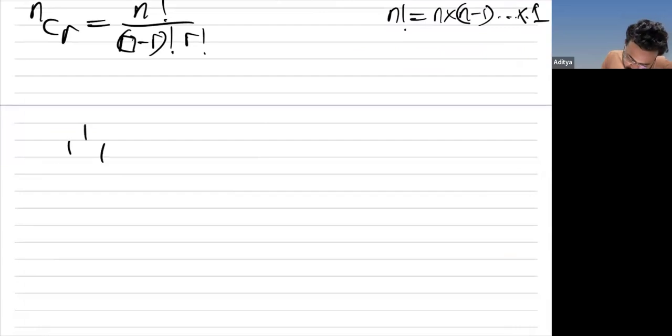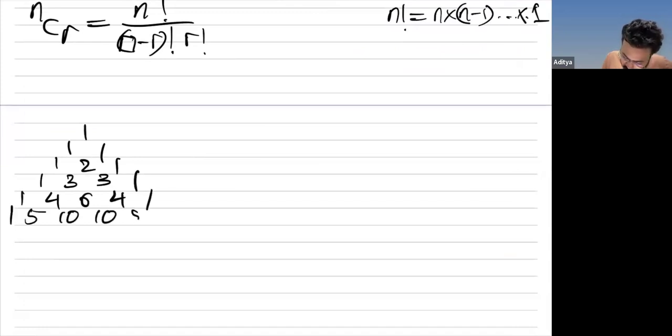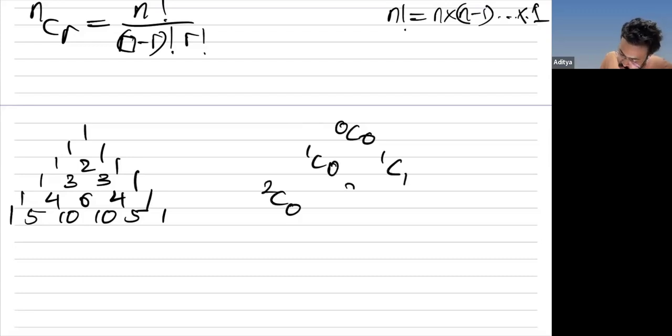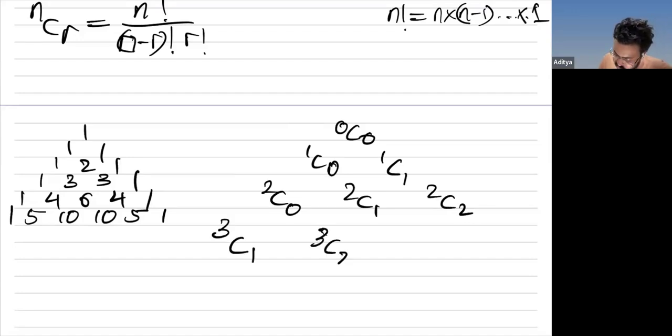Pascal's triangle 1, 1, 1, 1, 2, 1, 1, 3, 3, 1, 1, 4, 6, 4, 1 is actually made up of all the combinatorial terms: 0C0, then 1C0, 1C1, then 2C0, 2C1, 2C2, and so on. If you write the terms down like this, 3C0, 3C1, 3C2, 3C3, and so